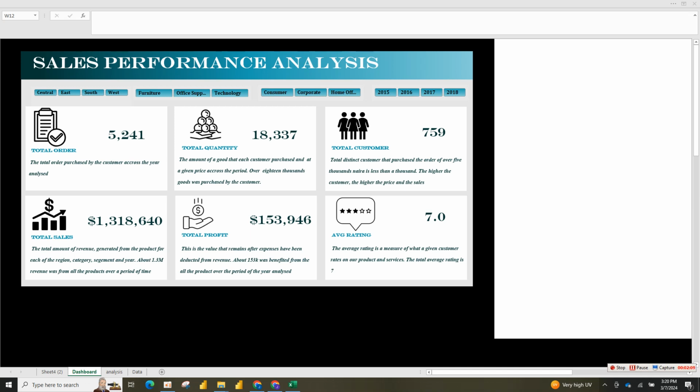average rating. So from here, my customer can actually choose based on the region they want to analyze. Maybe they want to analyze 2015, let's say 2015, and they want to analyze the central region. So this is the performance of the central region for that particular year. Okay. So for 2015, this is the performance of the central region. And they want to